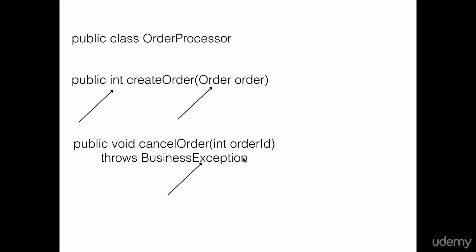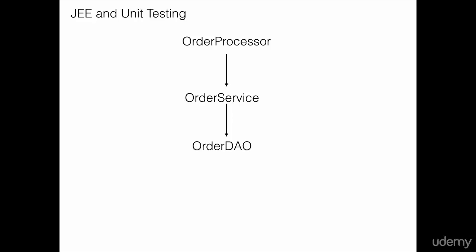In the object-oriented world or the Java EE world, we will not put all our code in one single order processor class. Our application is usually divided into layers wherein one class depends on another class. So the order processor will call into an order service which will host the business logic, which in turn can call into an order data access object, which takes care of all the CRUD work connecting to the database and all that. Now to unit test the order processor class, we will not be going all the way to the service, the DAO and then the database.